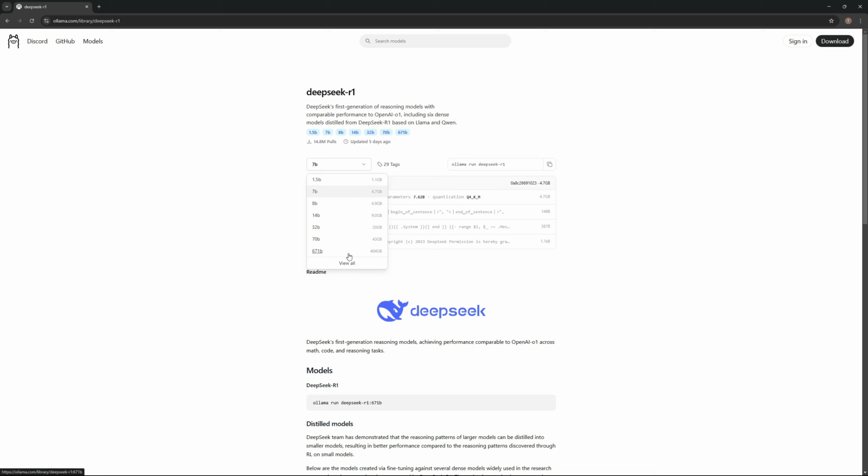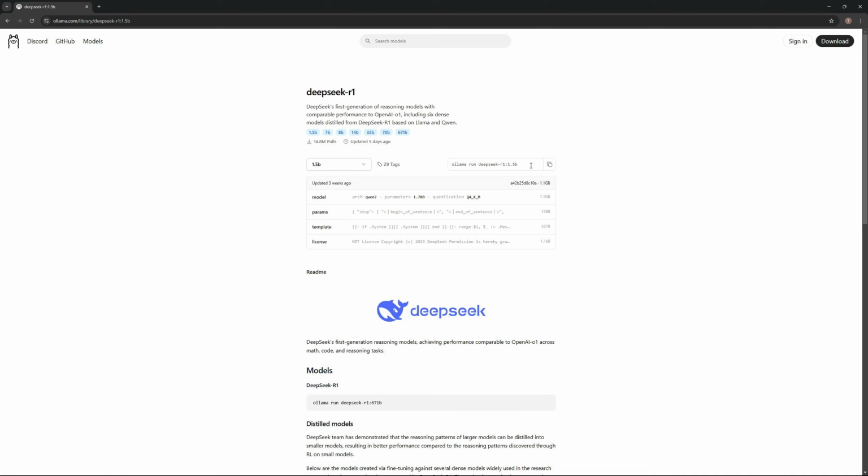So there are multiple versions available, all ranging from 1.1 gigabytes all the way to 4.4. So the bigger the storage, the smarter the model. So we're going to go for the smallest one for this demonstration. We're going to copy this because we're going to need it later, and then we're going to open the Ollama thing you've